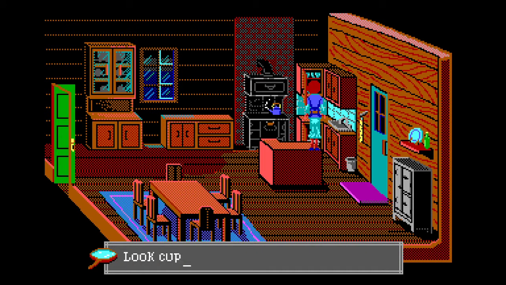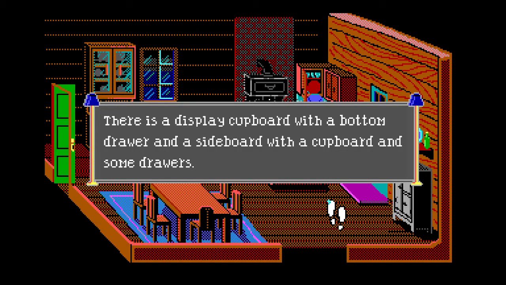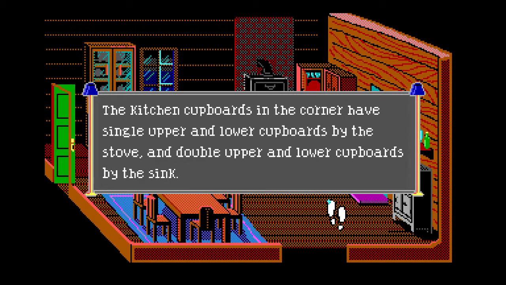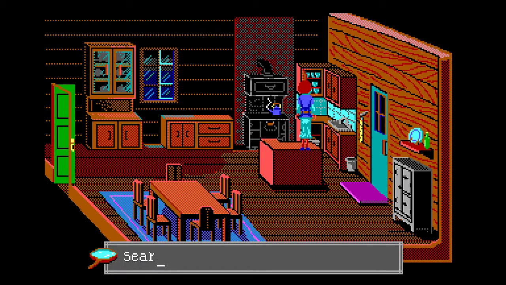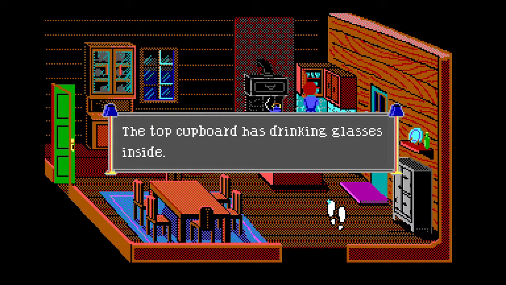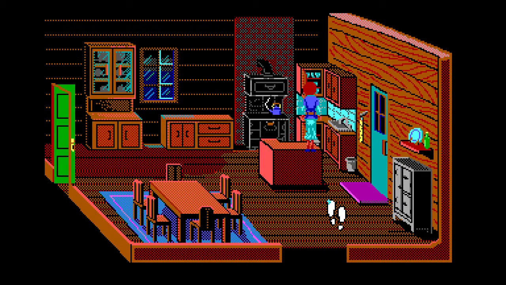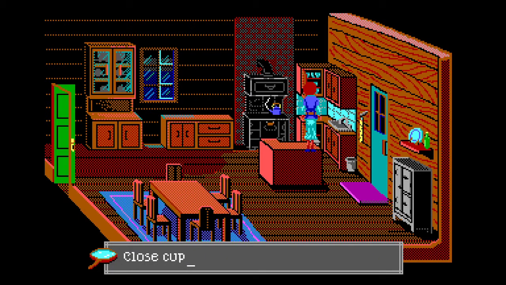Look. Drawer, the side of in some drawers. In the corner, double upper and lower covers. Drinking glasses, pots and pans. Close.